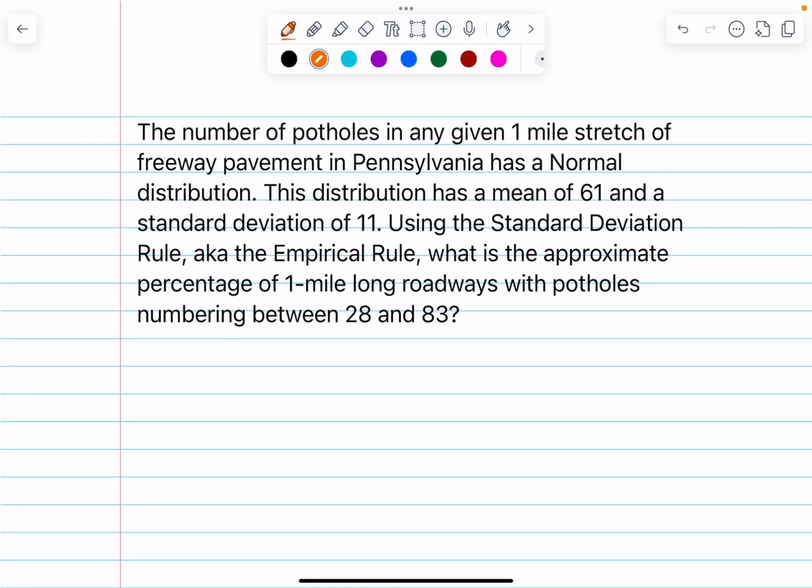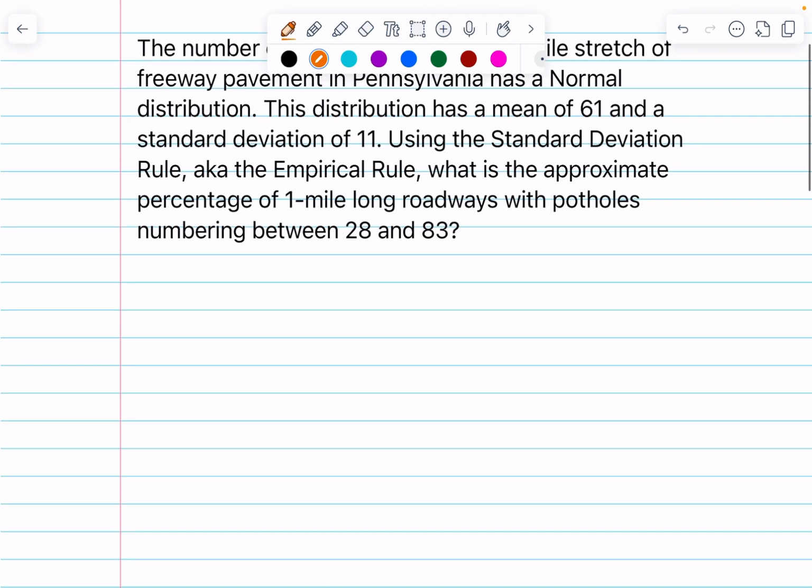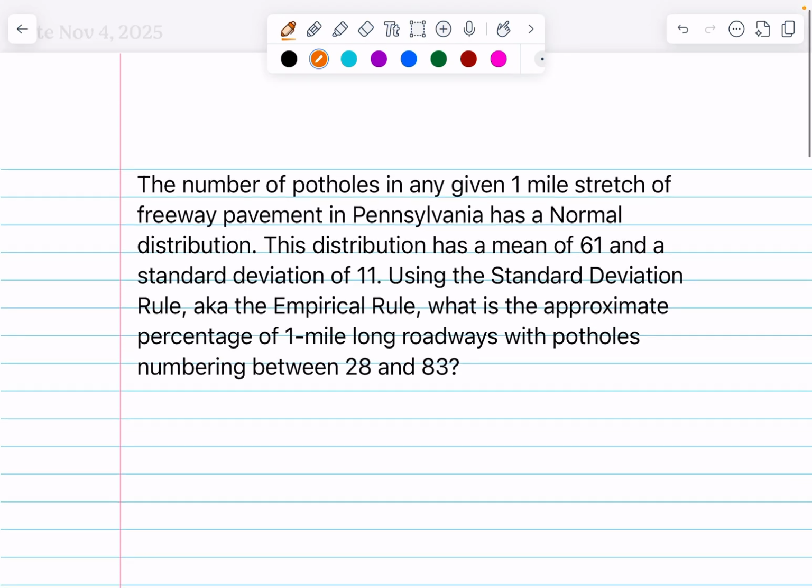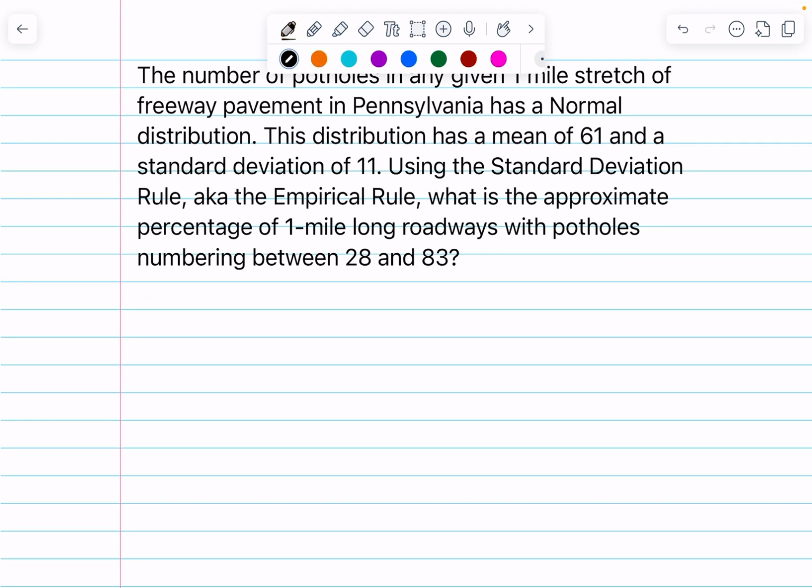All right, the number of potholes in any given 1 mile stretch of freeway pavement in Pennsylvania has a normal distribution. This distribution has a mean of 61 and standard deviation of 11. Use the standard deviation rule, aka the empirical rule. What is the approximate percentage of 1 mile long roadways with potholes numbering between 28 and 83? So I start by drawing out